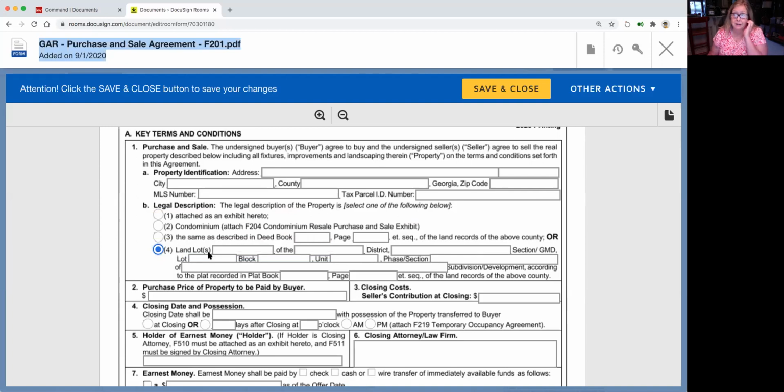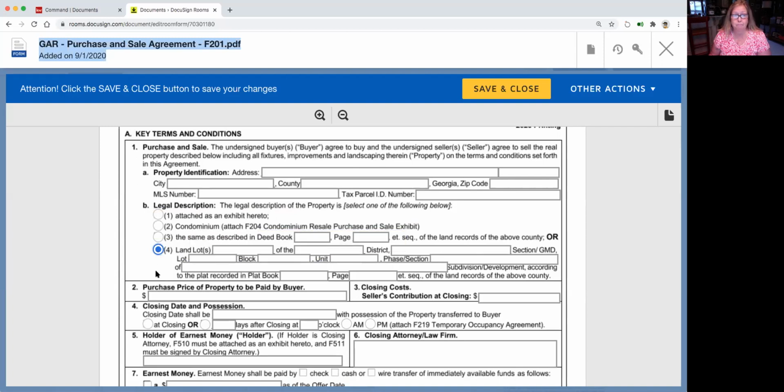If they haven't done their homework and done that, you can look up this information in the county records. It is the clerk of court's records. You'll have to do a search by property. Some counties are easier than others to search for, and you can pull the information on the warranty deed